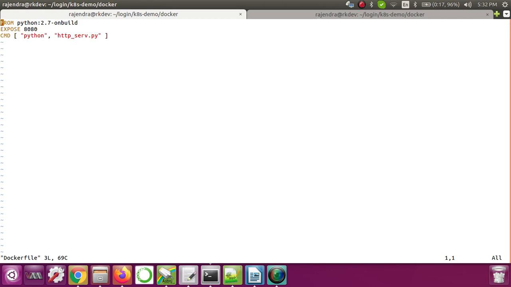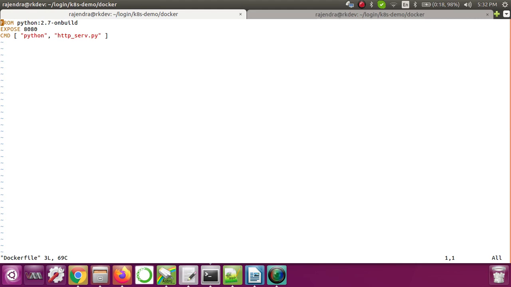What all things do we need to write in the Dockerfile? The way we write the Dockerfile is in layers, step by step. That means we have to write those steps one by one. But while writing those Dockerfile steps, we have to consider two things.